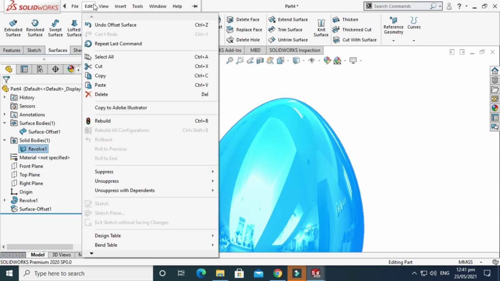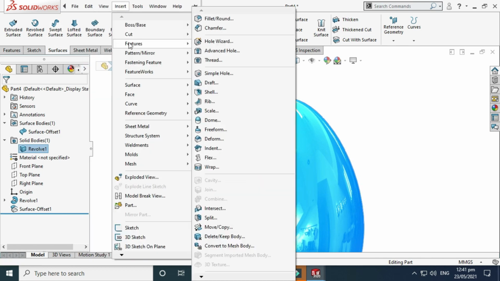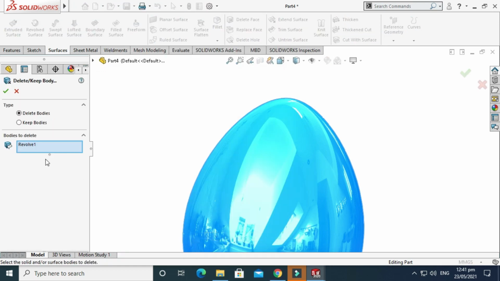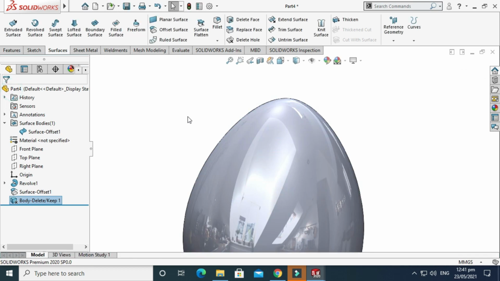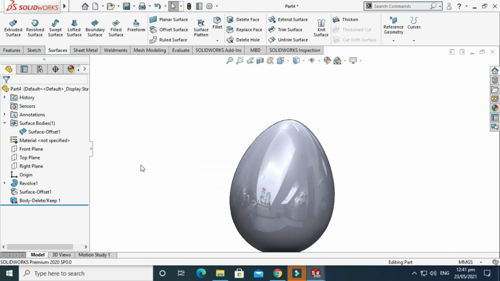Next I'll go to, let's say, insert. I'll go to features, and I'll go to, let's say, delete body, right? We'll delete this solid body because we don't need this solid body. We can't make a shell, and I'll select this revolve, right, this solid body, and I'll press OK, right? Now we have only one surface body, one surface offset, as you can see from here, right?